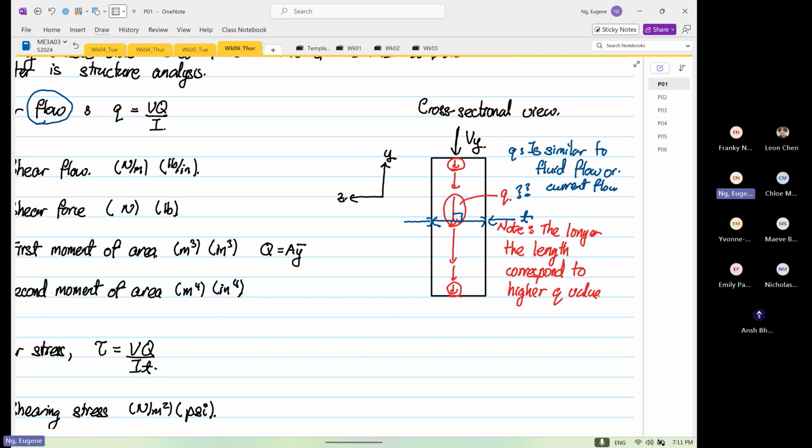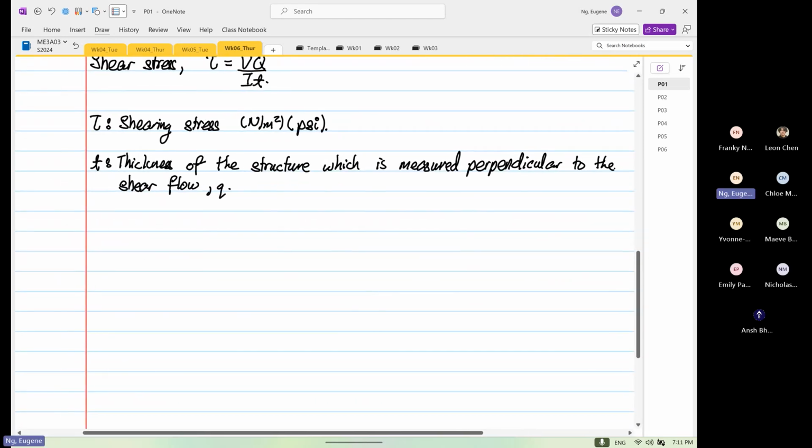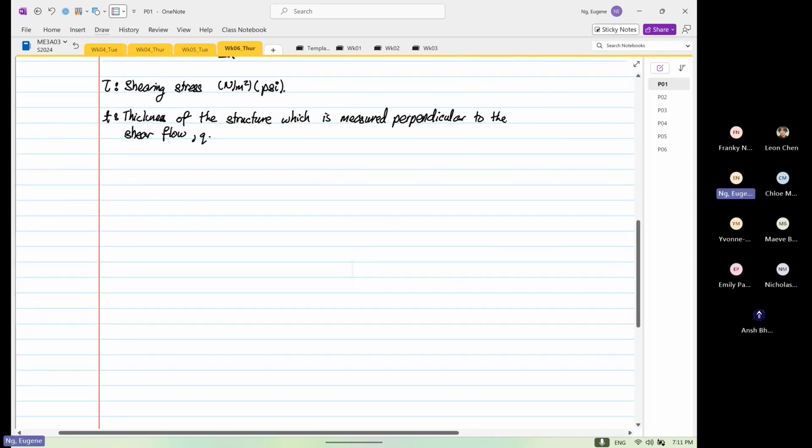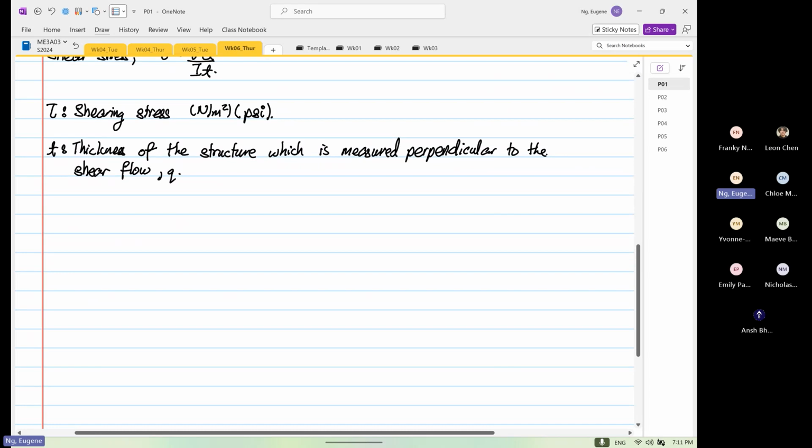So it's a flow of current or a flow of fluid, so it's equivalent, it's similar. Now I'd like to emphasize the orientation that we are looking at in our shear flow and where